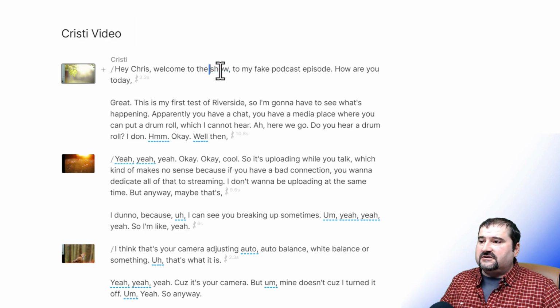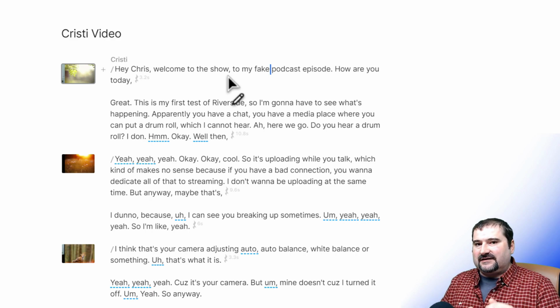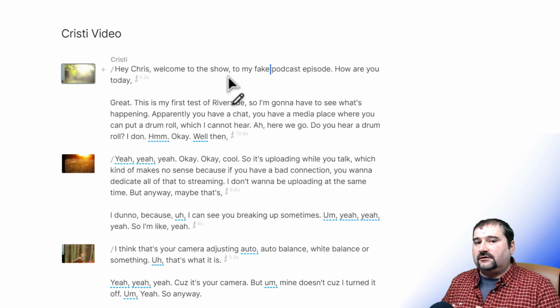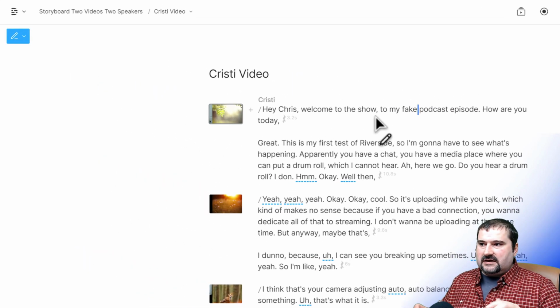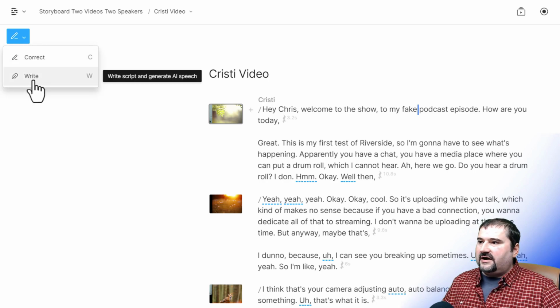But a distinction is, if you just press C to switch to the editing mode, but if you needed to make changes like in the past where you would switch to text edit mode, which allows you to just type words, whatever you want, including typing words for generating overdubs, that is no longer the Control-Alt-E key or whatever. You switch that from here. It's called write mode. The write mode will allow you to type your own script in there and also generate overdubs if you assign an overdub voice.